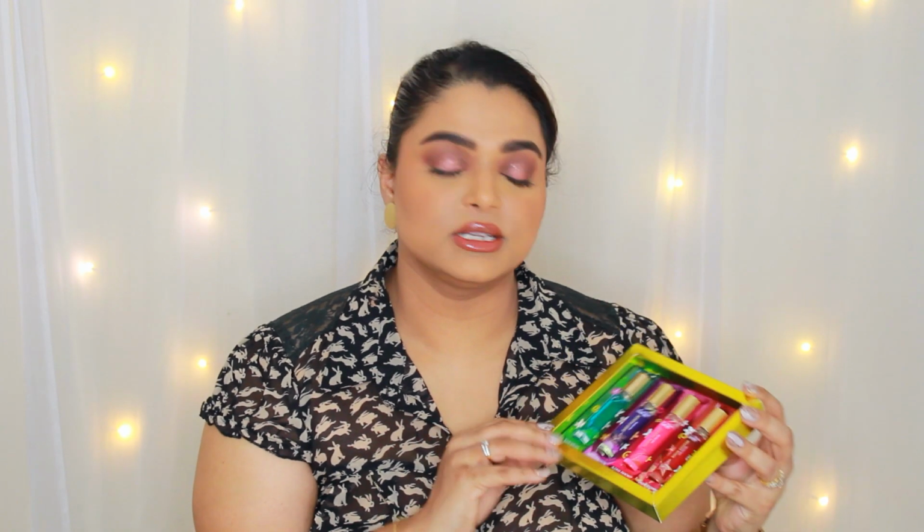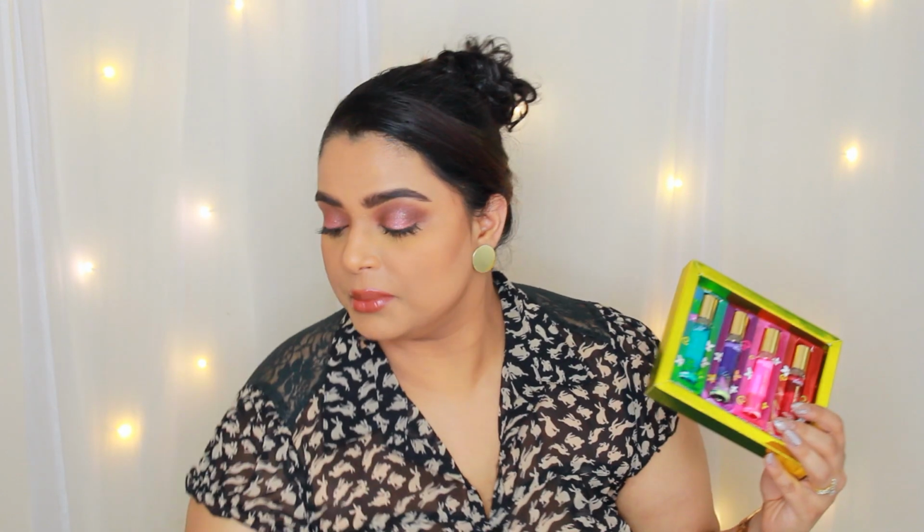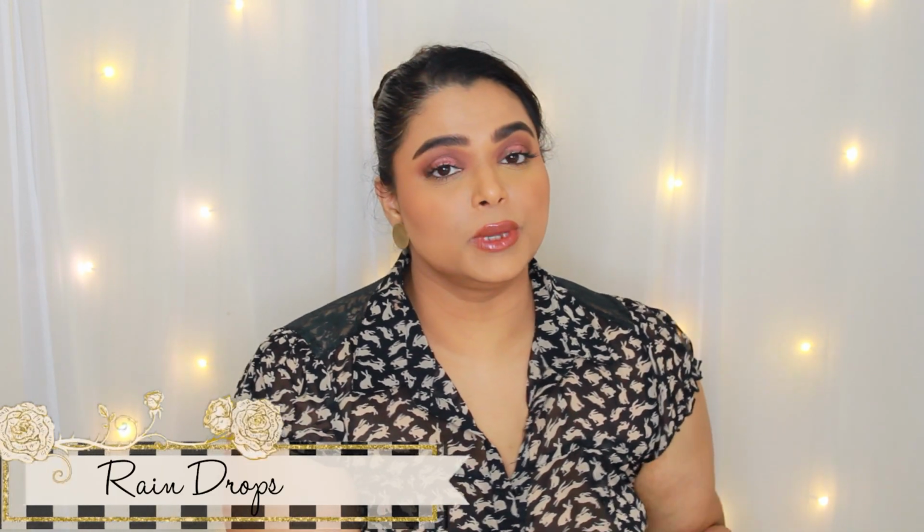Love the packaging on this. I have all four variants with me. I have got this entire package for around 750 rupees, or maybe 790, I don't know, somewhere around 750 lines. And they are 10 ml each, if I'm not wrong. Yes, they are 10 ml each, and we get quite some quantity because for a perfume oil, 10 ml is like a lot. And let's start with the first one, which is Raindrops and is said to be a dupe